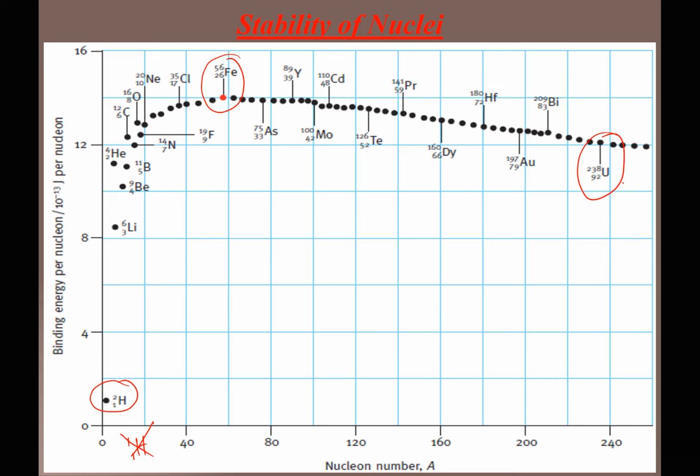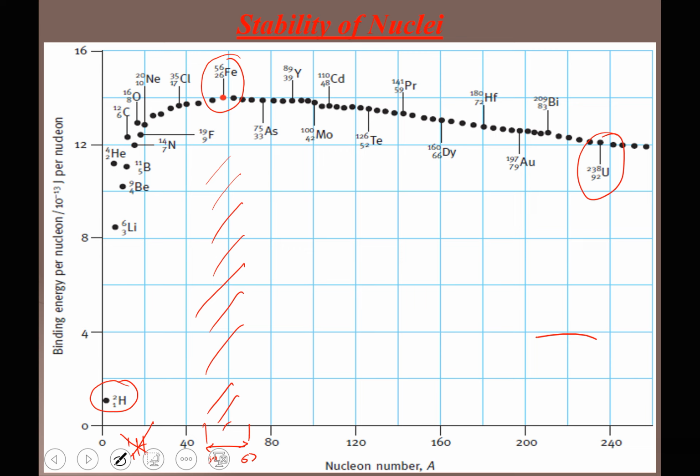So what is important for us to note is that nuclei with a nucleon number between 50 and 60 have the highest binding energy per nucleon, and therefore this region could be called the region of stability. Then as you go beyond 60, the binding energy per nucleon slightly starts decreasing,